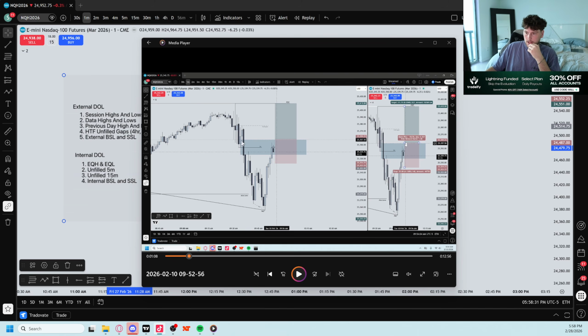Didn't take it. Why? Recently I've also been using price in premium, right? So you can see if I draw this, if I had a fib right here from the high to the low of that 9:30 open to where it looks like 9:48 probably, the highest time frame inversion is not all the way up here. It's actually a 5 minute, and these two inversions down here failed. Now, if you play this out,